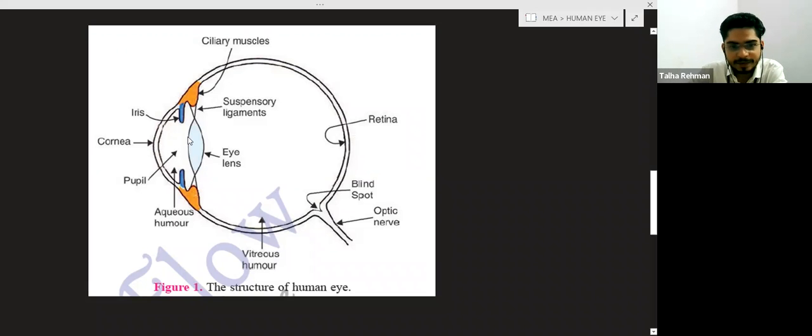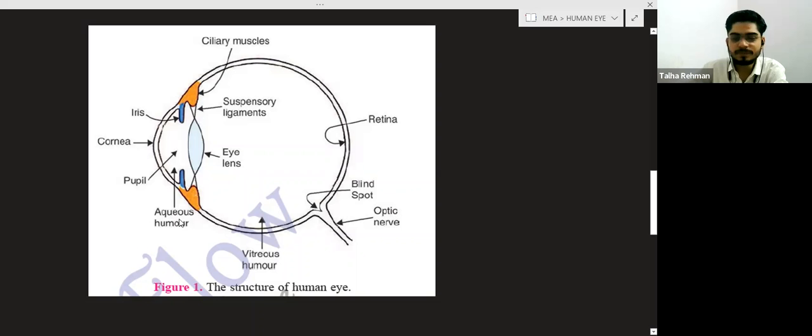And this is the eye lens. This eye lens is nothing special. It means this is the natural lens, simply a convex lens. So basically, in between this cornea and eye lens, in this region,